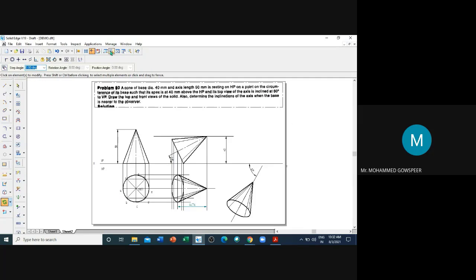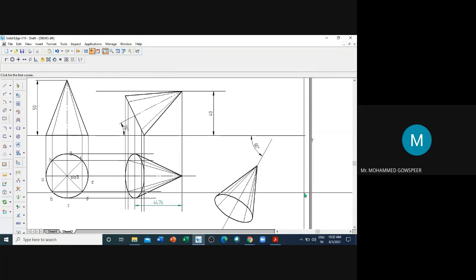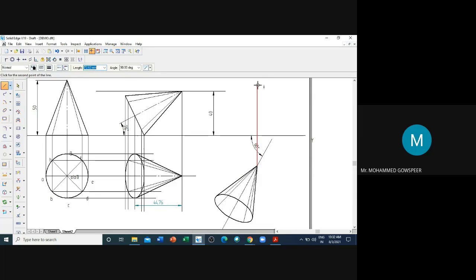Then next, the final view. Use a normal line style. So this is the apex point. So the line must be vertical.